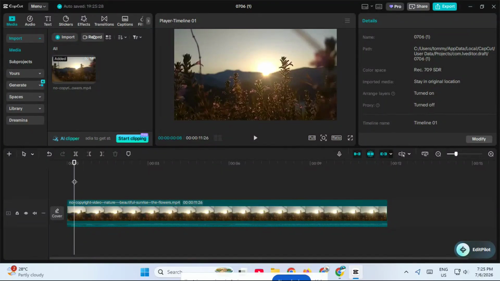If you want to learn how to add music in CapCut on PC, you're in the right place. In this video, I'll walk you through the process step by step so you can quickly import your soundtrack, place it on the timeline, and trim it to fit your video perfectly. This is a simple editing skill, but it can make a huge difference in the quality and feel of your